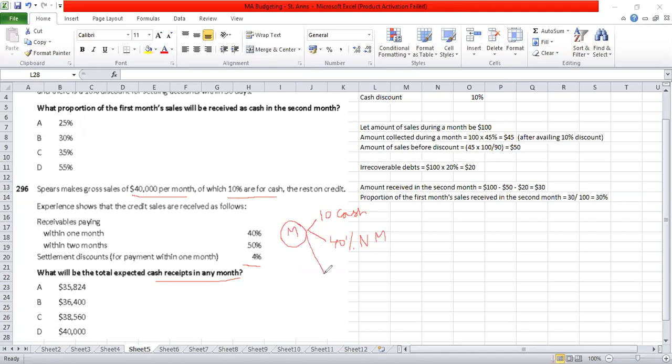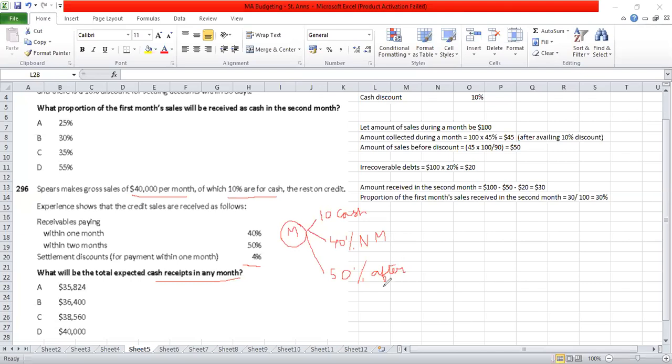Okay, 50% 2 months later. That is how it is split. Now, if we are looking at the collection part of it, the collection would be the same month 10%, previous month 40%, 2 months before that 50%. The collection is spread as same month 10%, 40% next month, then